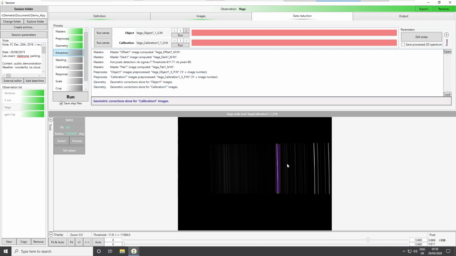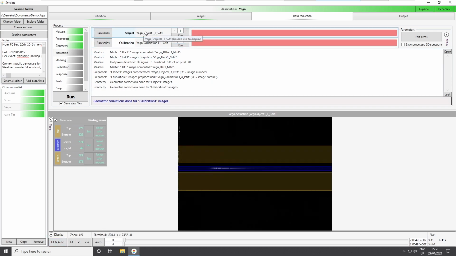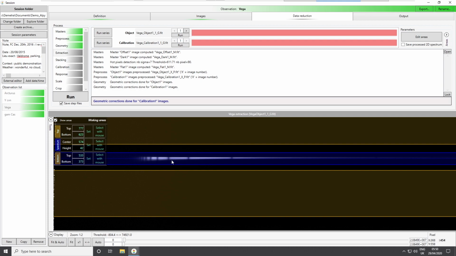And in fact, it is important in this image. If I look at my image here, the image of the vector of the Vega spectra, you can see that you have yellow bands and a blue band in the middle, okay? And this is where Demetra will make the calculation. In few words, the blue area is where Demetra expects to find the star spectrum. Okay, I can extend it here to better see what I see here.